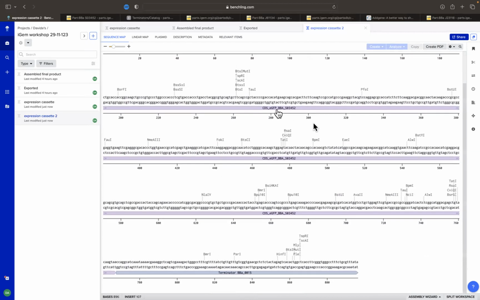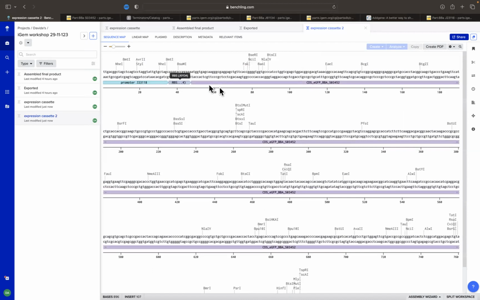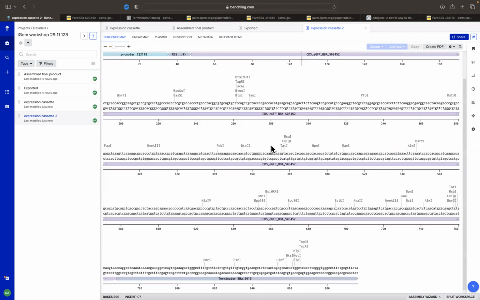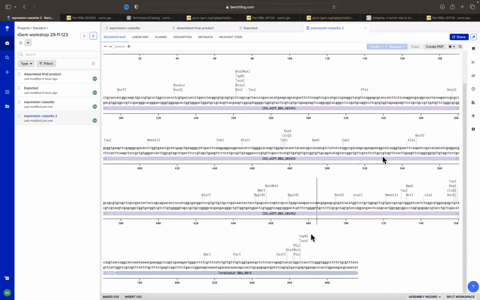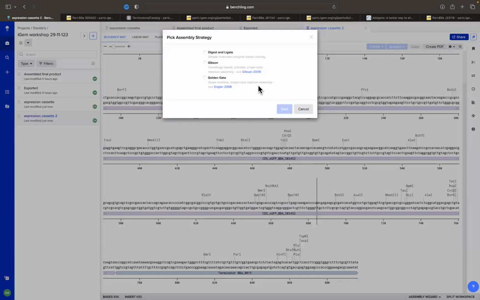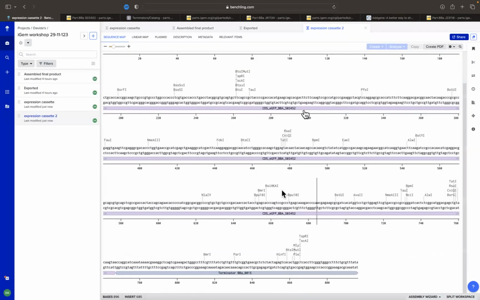In this case, I was adding one after the other because we were going in order from promoter to RBS to CDS to terminator. But for instance, if we find a GFP first, we could have added the promoter afterwards by going at the beginning and inserting bases, and then you can paste them here. As for the assembly, I'm going to show you as a last thing once we have everything. You can do create new assembly and look for digestion ligation, Gibson, or Golden Gate, which are different types of assembly method. Okay, let me know if someone finds any